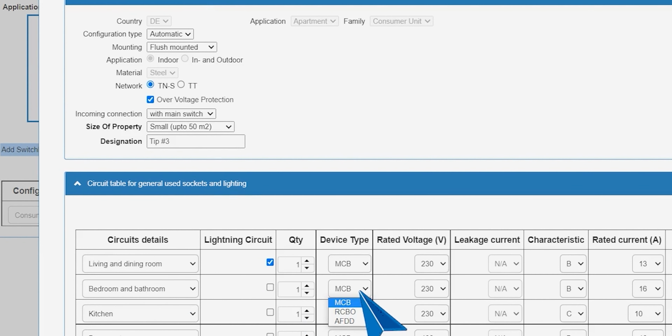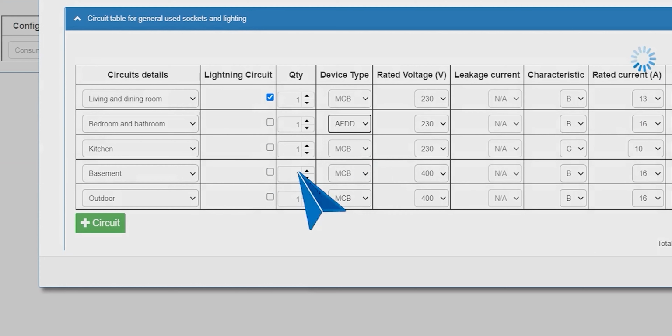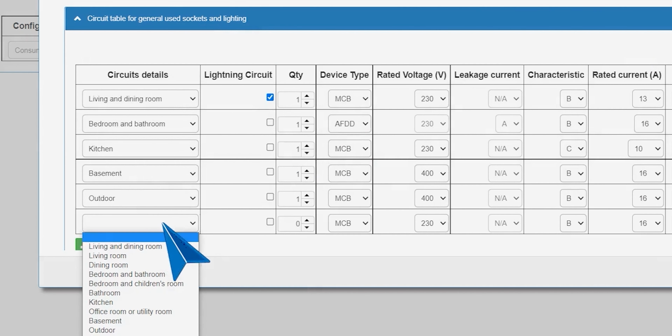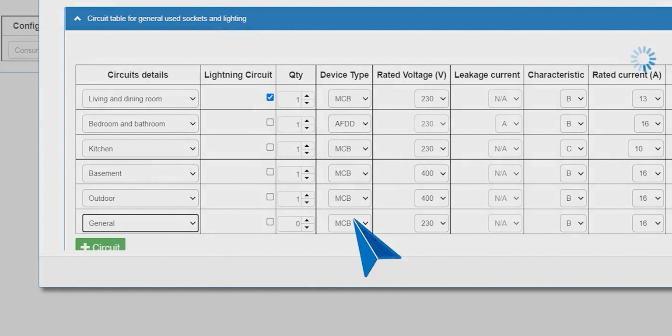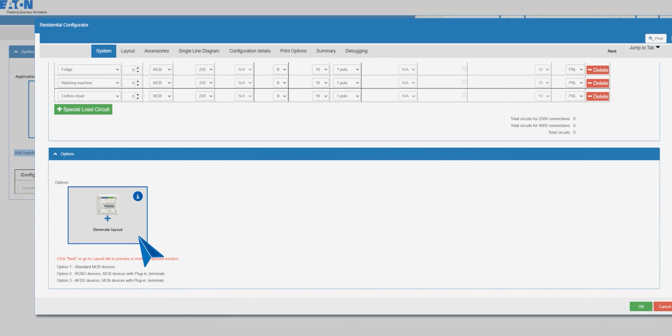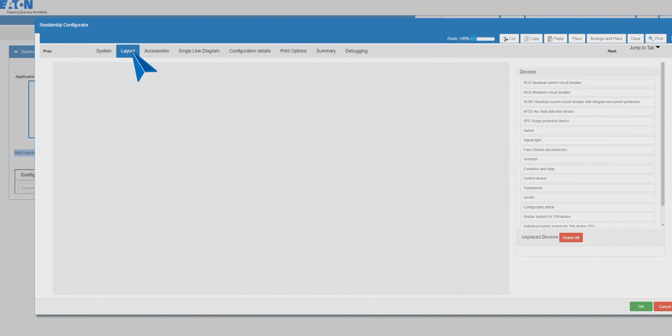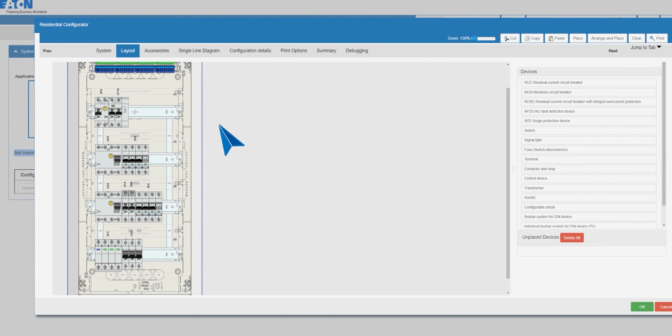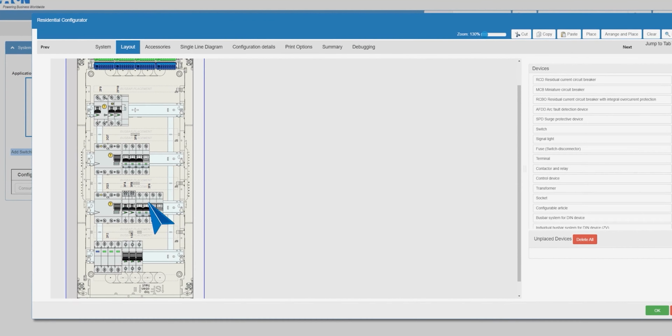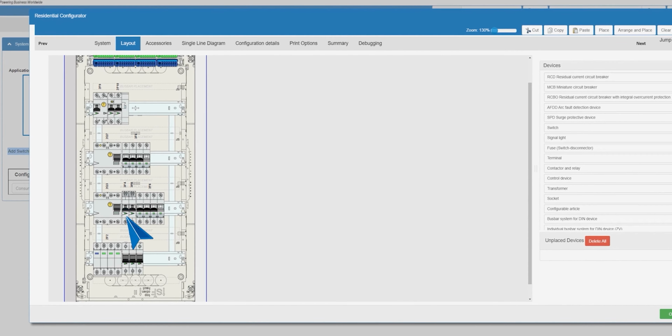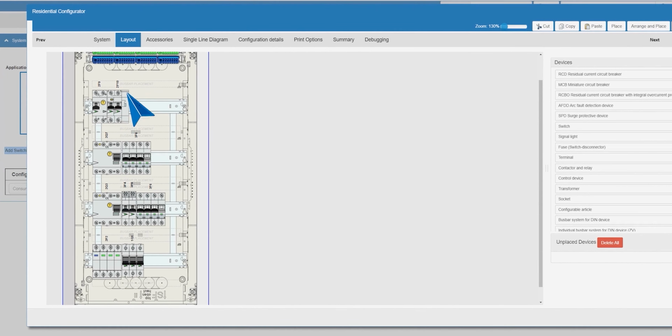Here I'm going to change one MCB to an AFDD and will add one additional room with an RCBO. And now let's generate the layout with those changes. You see, although the device we changed was in the second position in the room list, the AFDD is now